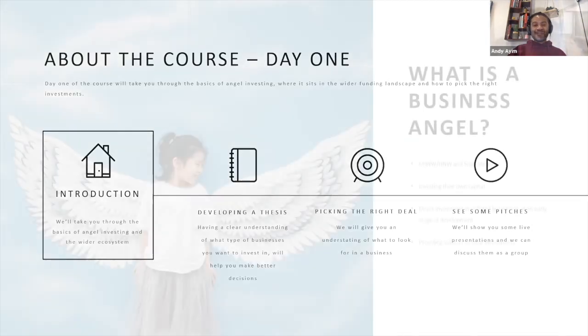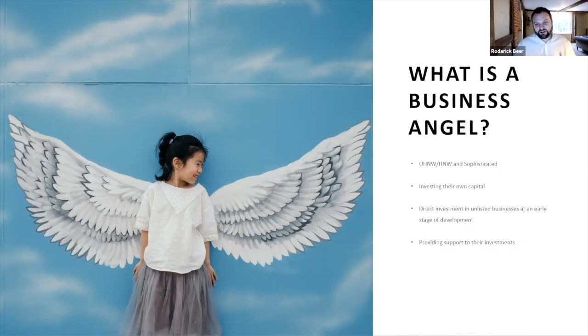Cool. An angel is someone who can actually provide some level of support, guidance and help to that business in their journey. And we will cover tomorrow a lot more around the sorts of ways that you can really help them. And it might be ways you hadn't considered before that can really support businesses.